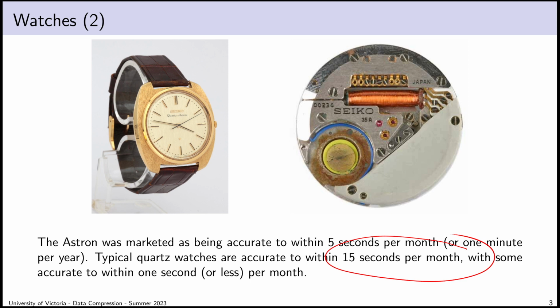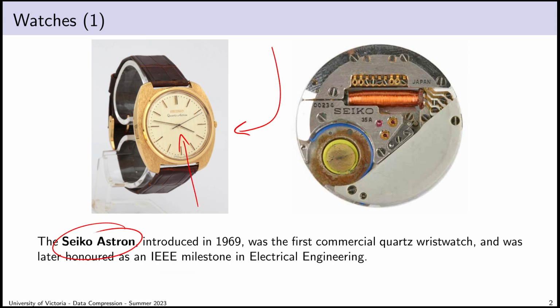If I want to pay extra, I can find quartz watches that are accurate to within 1 second per month or less. And so in general, quartz watches are pretty accurate. Quartz clocks, because they rely on that quartz crystal, which is so consistent, we can expect to have really high accuracy. And so the Seiko Astron was later actually honored as an IEEE milestone in electrical engineering for the achievement of bringing a quartz